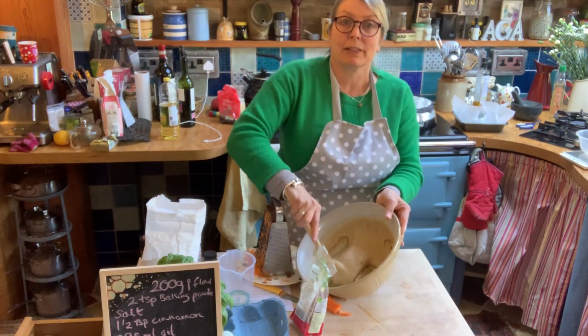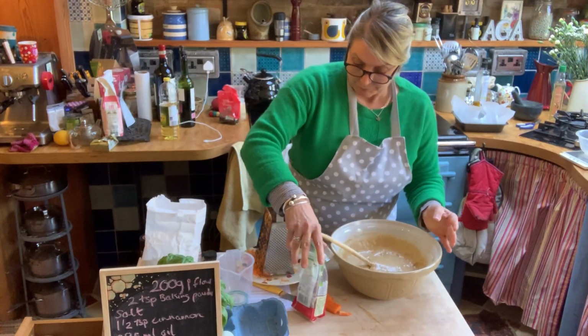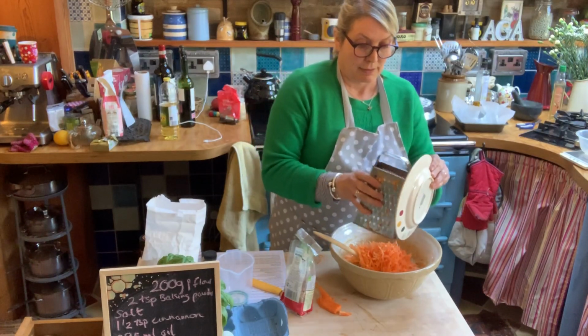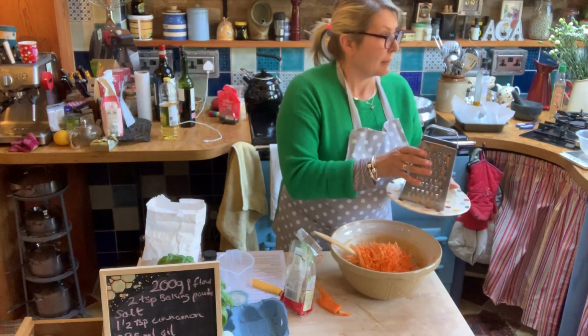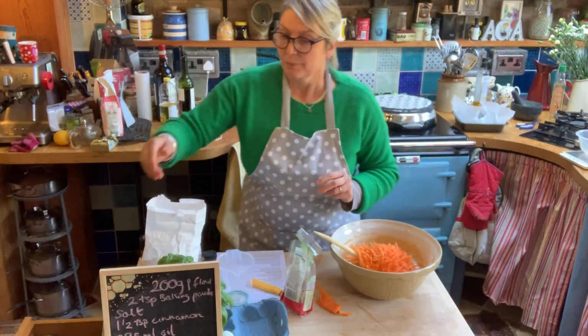So there you are, look, you can see that's all mixed together now. So let's put the carrots in. So the carrots have gone in. Let's add